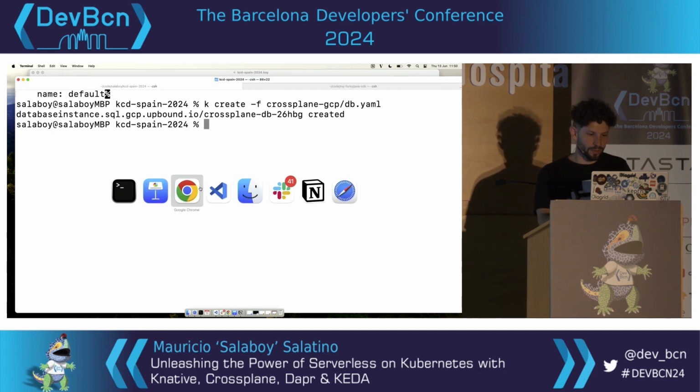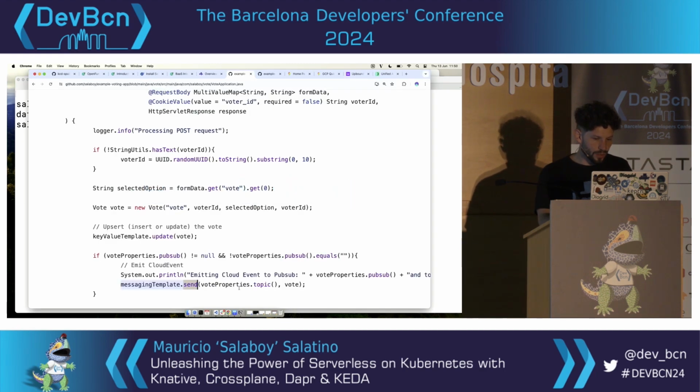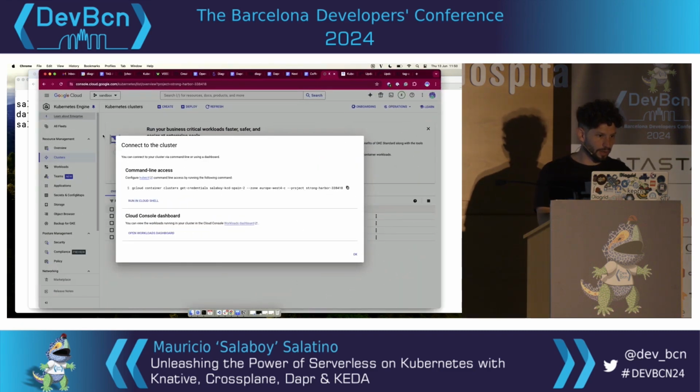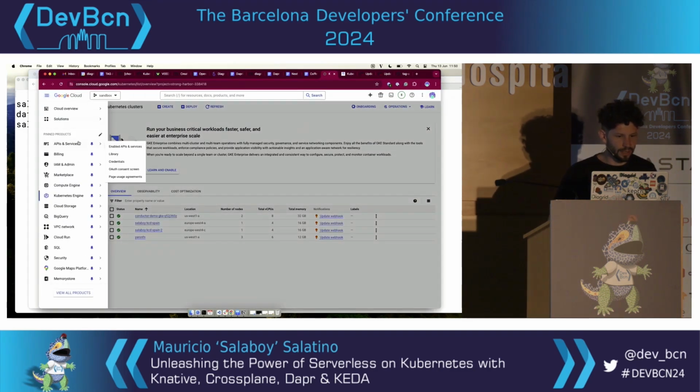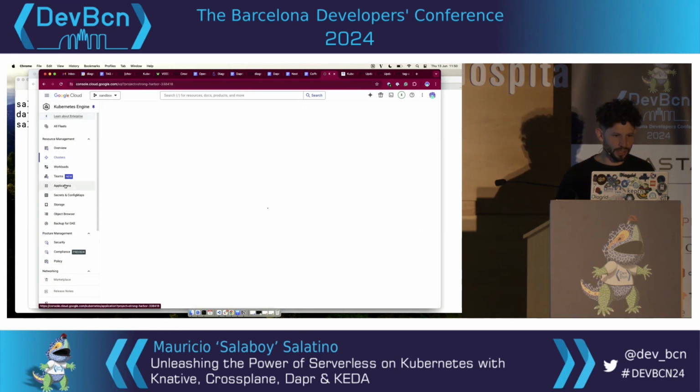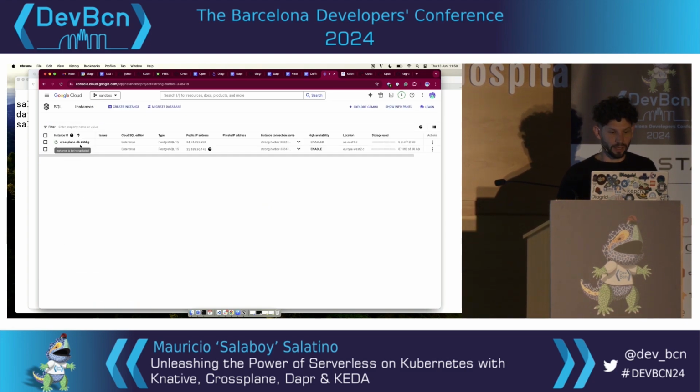In a way, what Crossplane is doing here, and I think that I have the screen somewhere here. So if I go to my Google Cloud account, and if this is working, which might not, but let's check. So if I go to Google Cloud SQL, what I'm doing with Crossplane is basically, there you go.